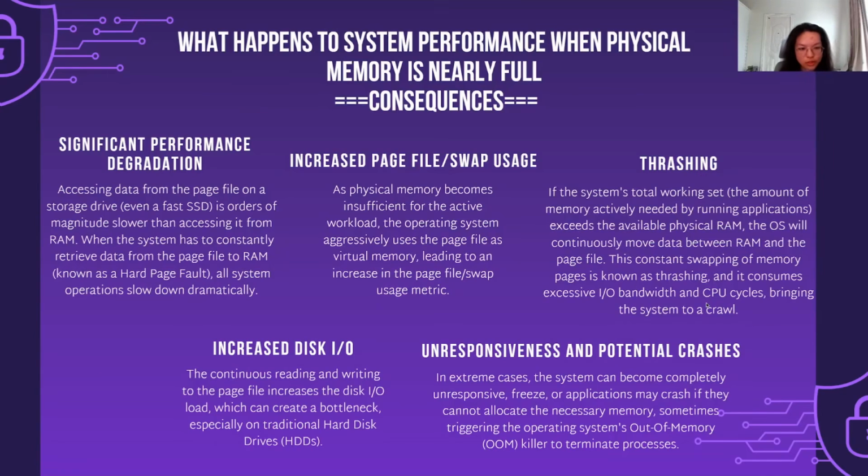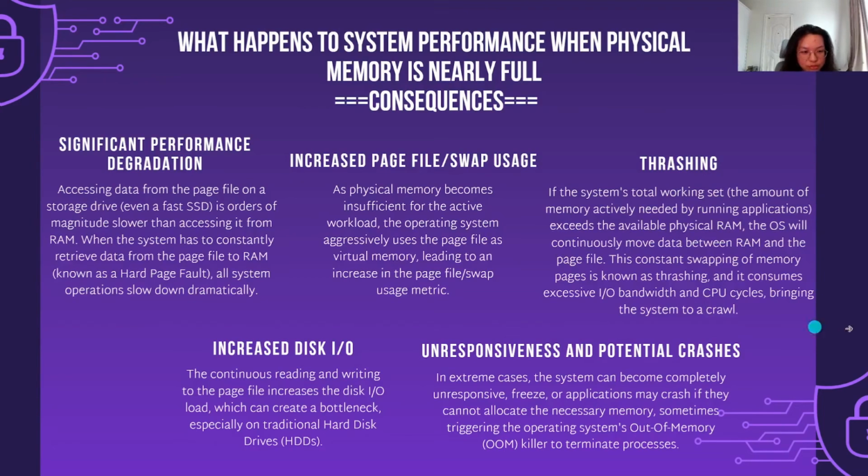So thrashing is when the operating system is so busy moving data between the slow disk and the full RAM that it doesn't have time to do any actual work. So this system comes to a crawl because it's spending all the CPU cycles just trying to manage the memory. And finally, you get unresponsiveness and potential crashes. So in extreme cases, the system can completely freeze. The OS may even trigger its out-of-memory killer, which starts force quitting your application to prevent the entire system from